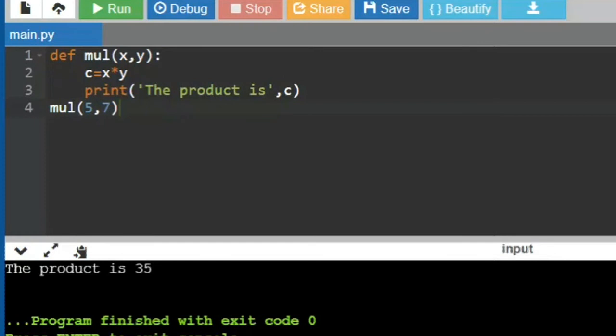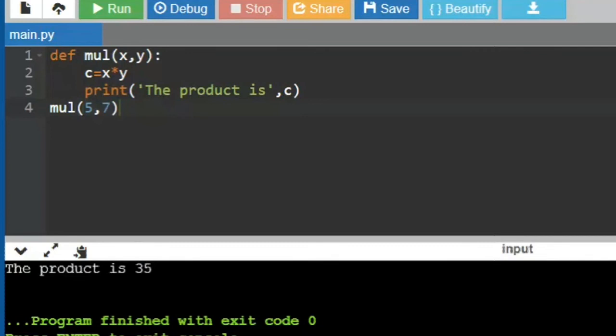Yes. Now say I want the product, but with 35, I want to do something in the main function. In this example, when you don't give the return value, the result is not used in the main function. I just want to know what is happening. I just want to know what the answer is, and I don't want to catch it. I just wanted to do some operation. I did it. I got the result. That's it. But I want to do something else with this 35.